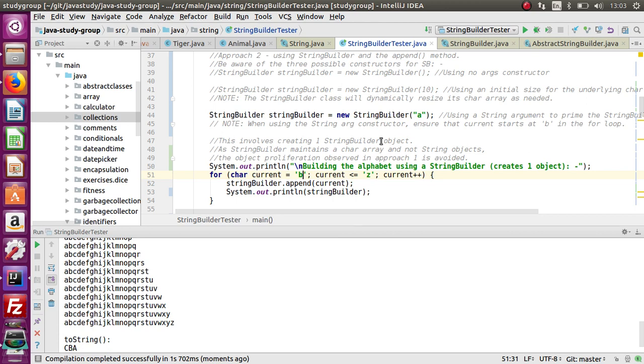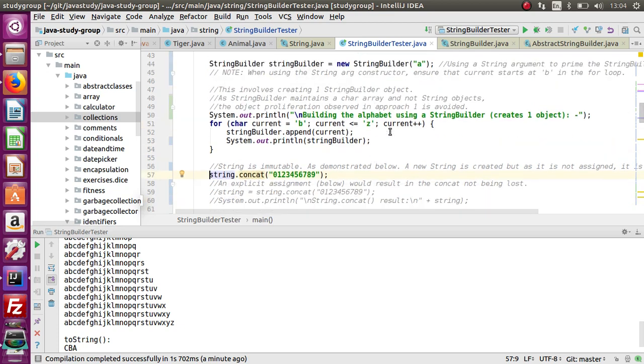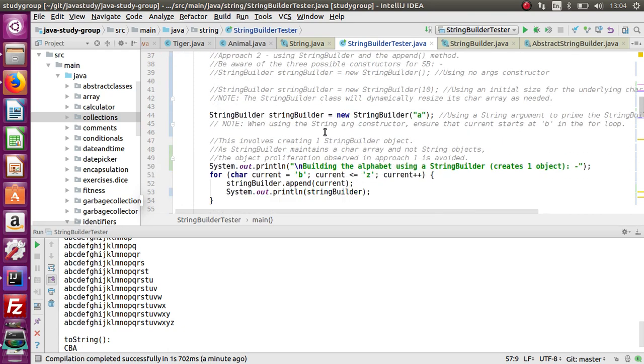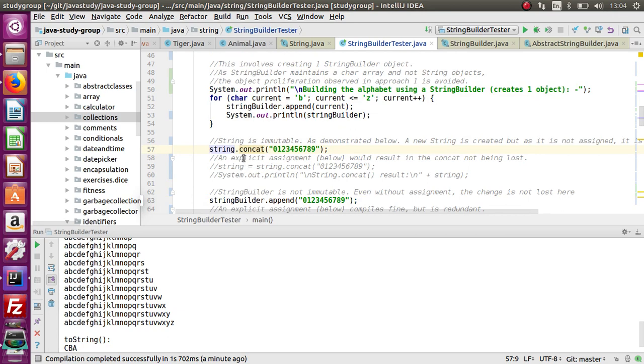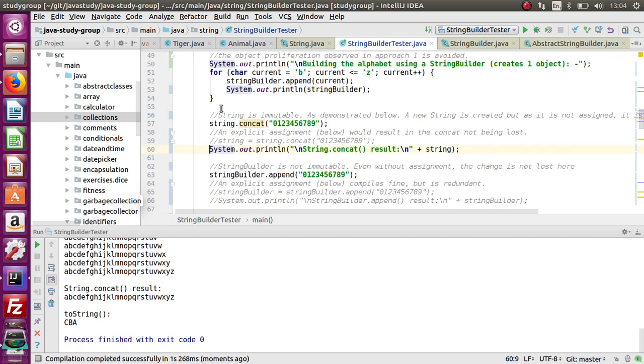John, what's the point in sizing it dynamically? Yeah. So we talked about immutability last time, and what we've got here, if you remember, our string up here, we built it so that it's now A to Z. So our string is A to Z, and here we're saying concatenate to it numbers 0 to 9, and if we print that, you might expect it to be A to Z plus all those numbers, but